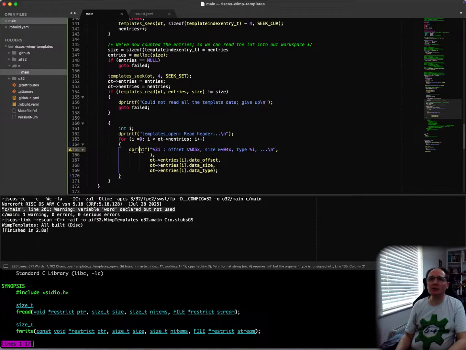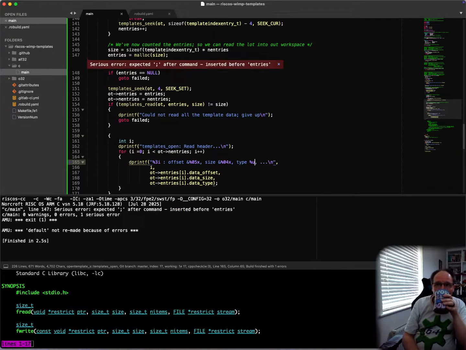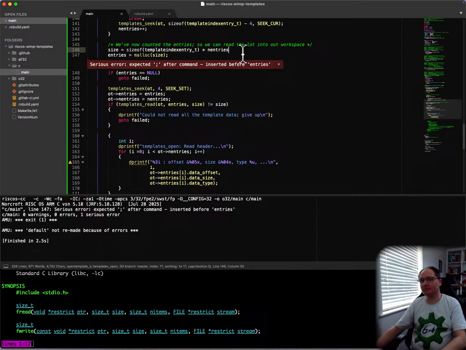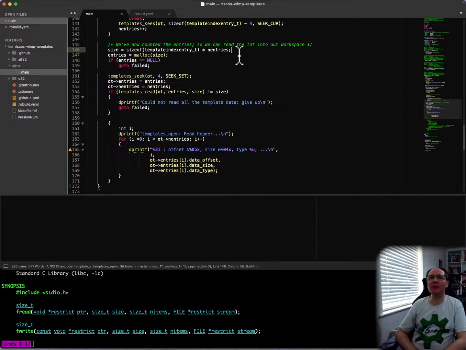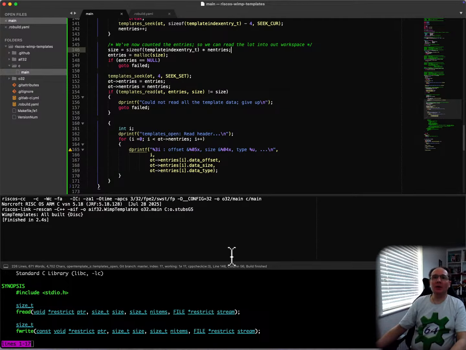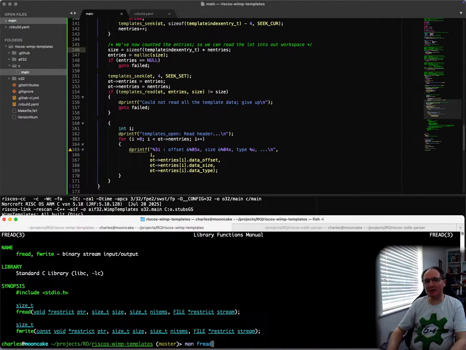Printf's got upset there. What's wrong with that? The %i format string requires int, but the argument is unsigned int. Should be a U there though. Okay, build that. Oh, I missed my semicolon up there. Right, have we got anywhere with this? We have. Okay, so if we run it now,